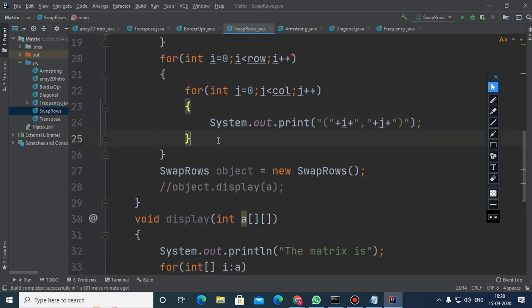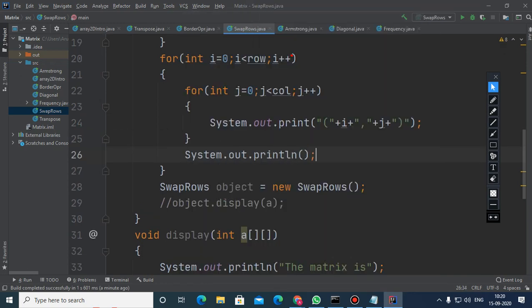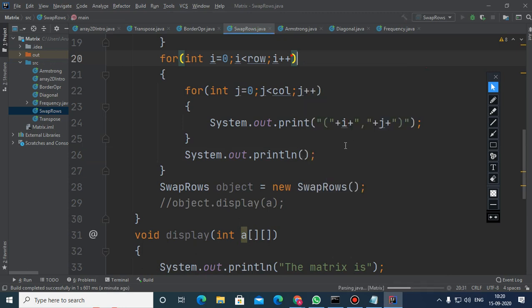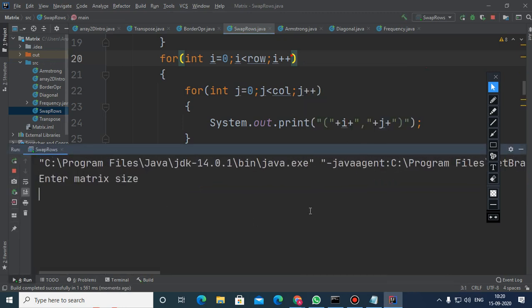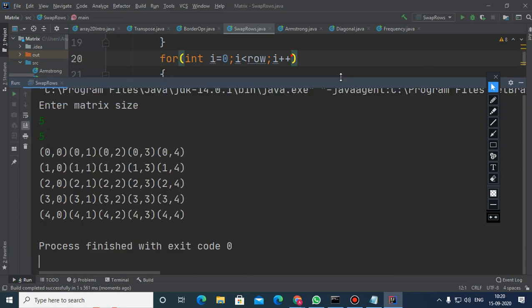This is what we have to write. And after that I need to change the line. See what happens. Here the size is 5 by 5 and you can see the index numbers of every element.